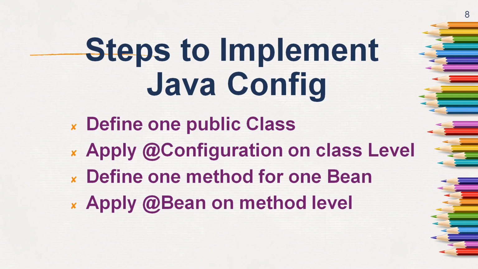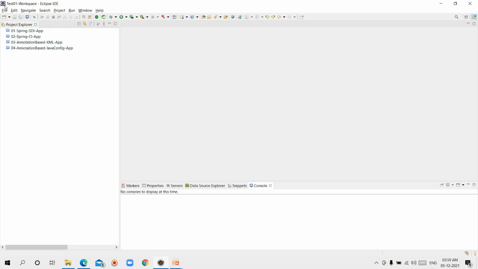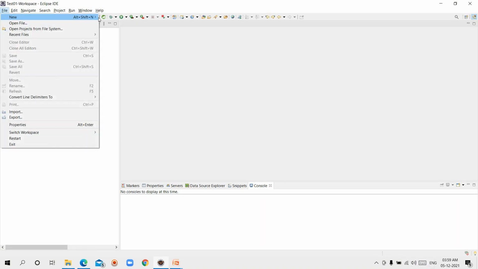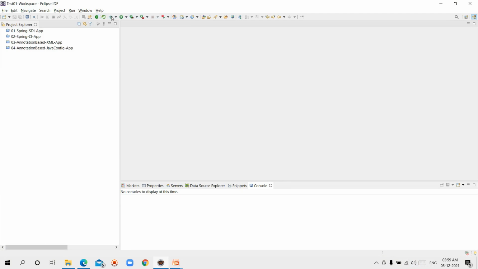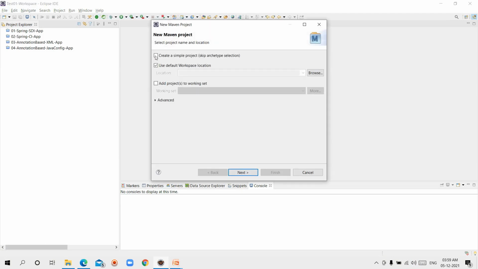Okay, let's move to Eclipse IDE to implement the application for Java configuration. Let's move, guys. File, New, Maven project. Create a simple Maven project by clicking this checkbox.